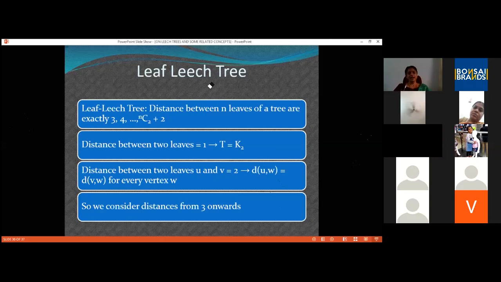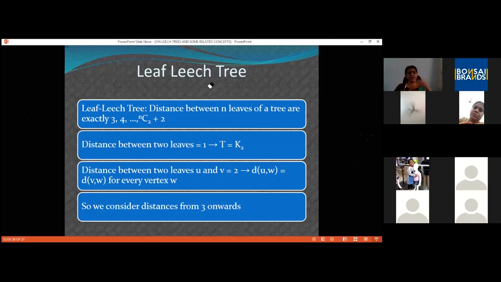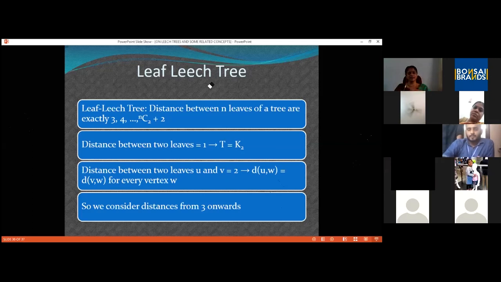There is a definite reason for that. One is a distance between two leaves, meaning there are two pendant vertices and they are connected by an edge. These two are pendant vertices, so I can't draw any further edge. So the distance between two pendant vertices or two leaves is 1, means the graph for which you are looking is K2. Only K2 is there, so that is not interesting, right? So we are eliminating the path weight 1 because that won't give me any interesting result.